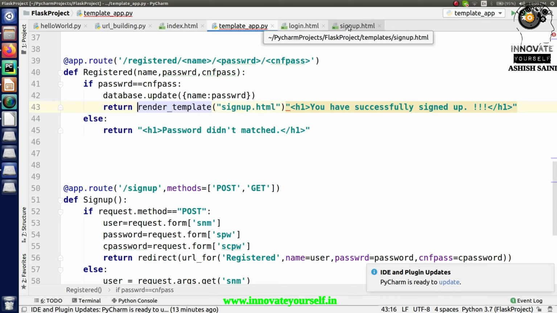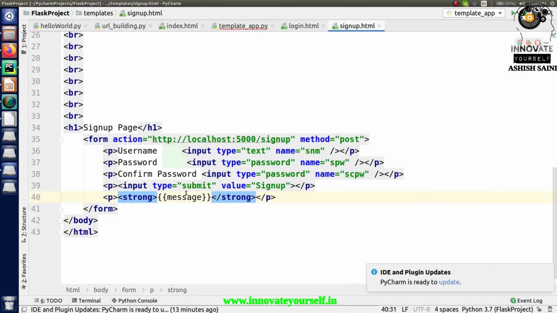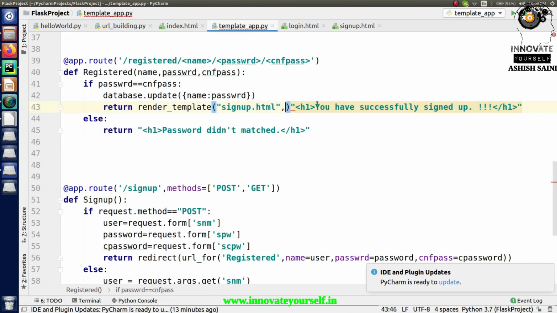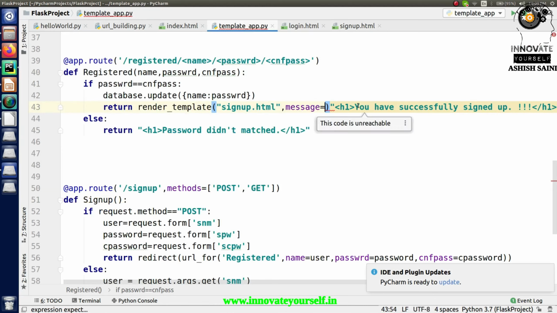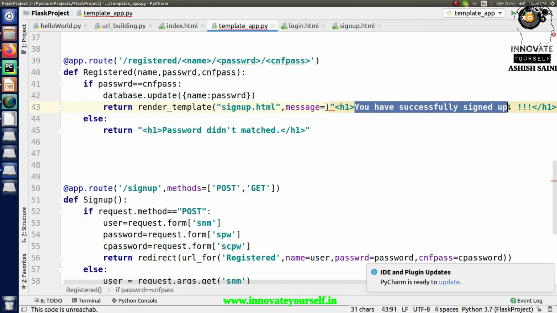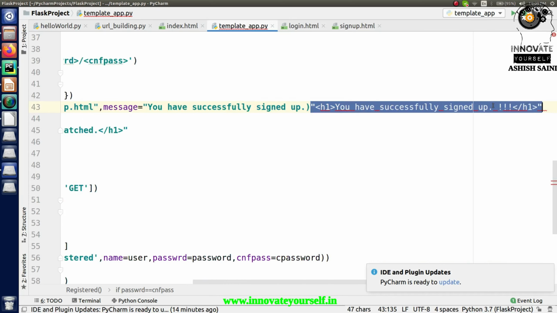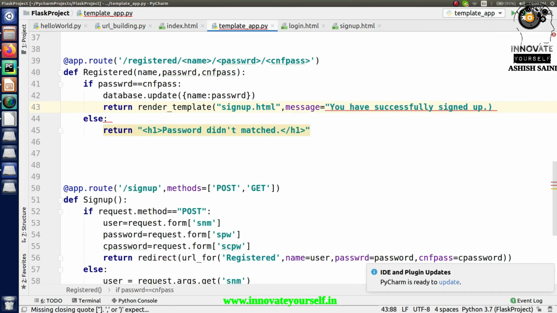But I don't only want to display that, instead I want to display some message there, right? And I have to display that message into this variable which I have created, right? So just copy this name and type it in here, equal to, and just pass the message for that. So what is that message? That message is this. So just copy this and paste it inside the quotations, right? Now you can remove the rest of the things, right? So this is how exactly we can do this part, right?